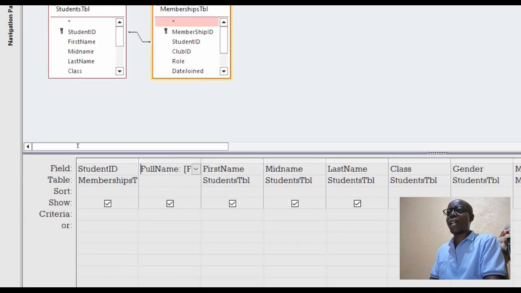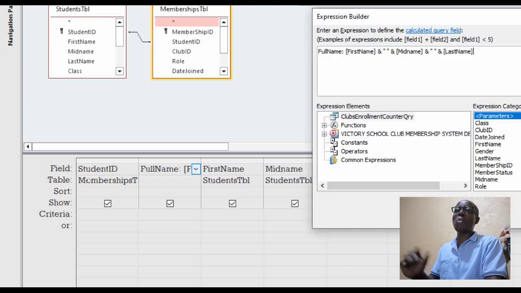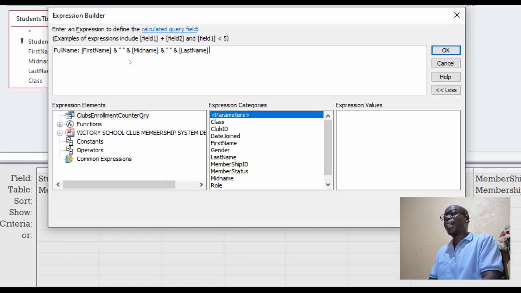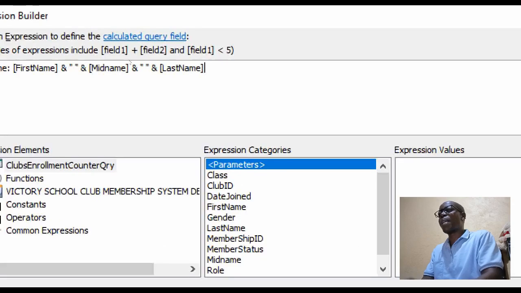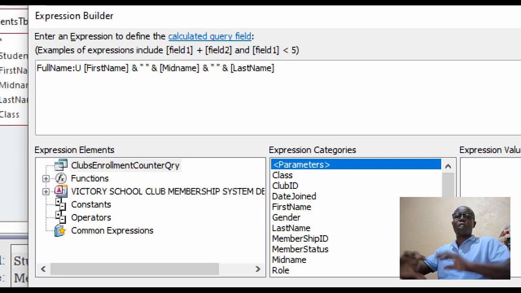So I go back to the expression we have just built and then rebuild it. The first time we were building, this time round we are rebuilding. So immediately after the colon, I will use a function which converts a string of text characters into uppercase characters.